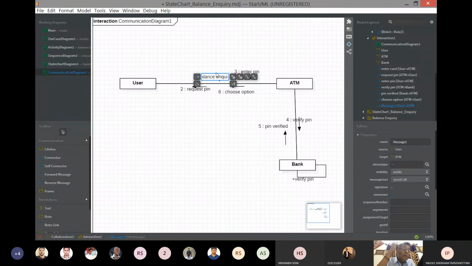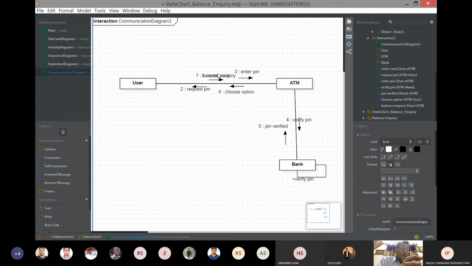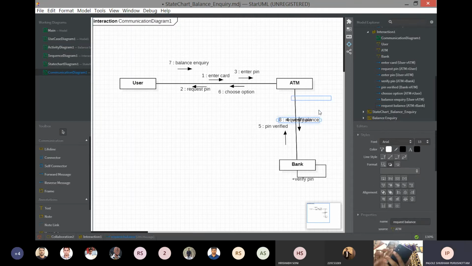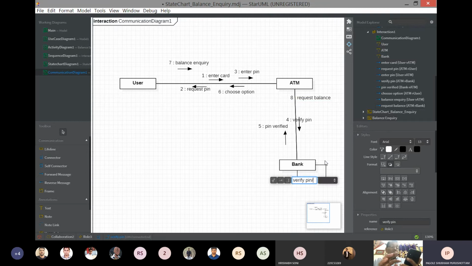Then ATM will send it to request balance. Get the balance. Send the balance back.